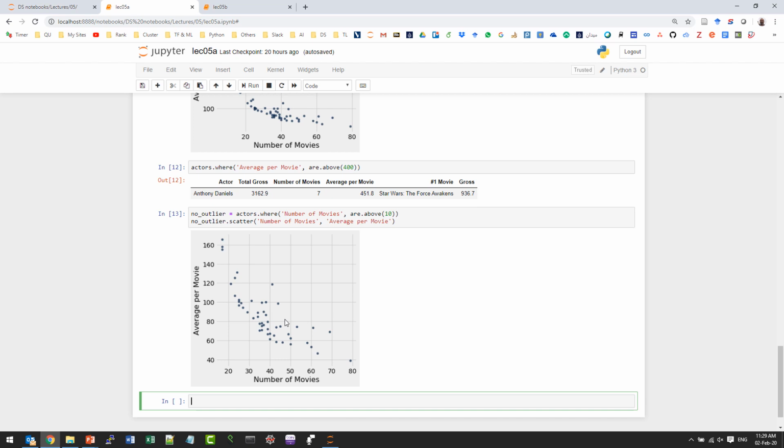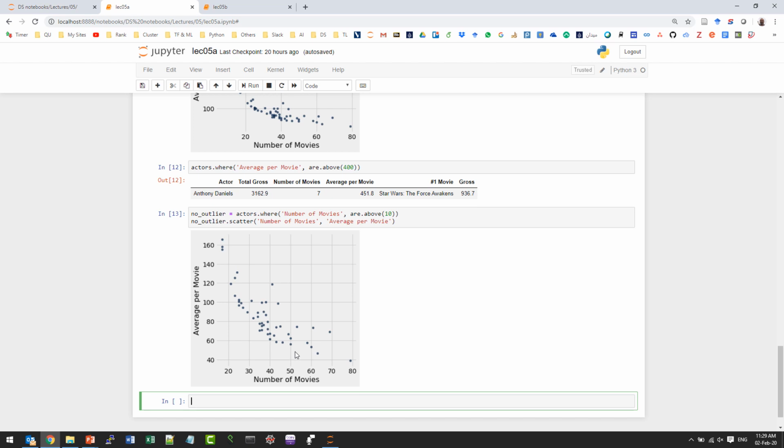Yes. When you act in many more plays, of course, not all of them will be as popular as the others, right? Many of them, as you increase the number of movies. The time is limited, right? As you increase the number of movies, maybe you add more movies that are not of high popularity, and thus the income is not as good as the others. So whenever you play in more movies, the average will decrease. Of course, the total will increase. Your total gross will increase, but the average per movie will decrease, and that can be the reason for this